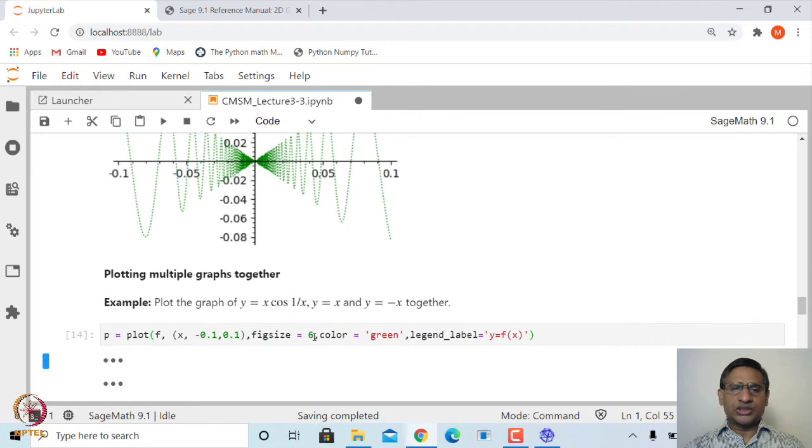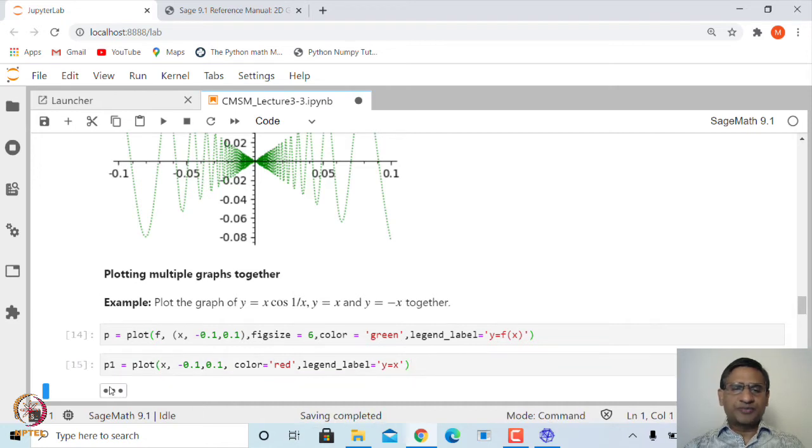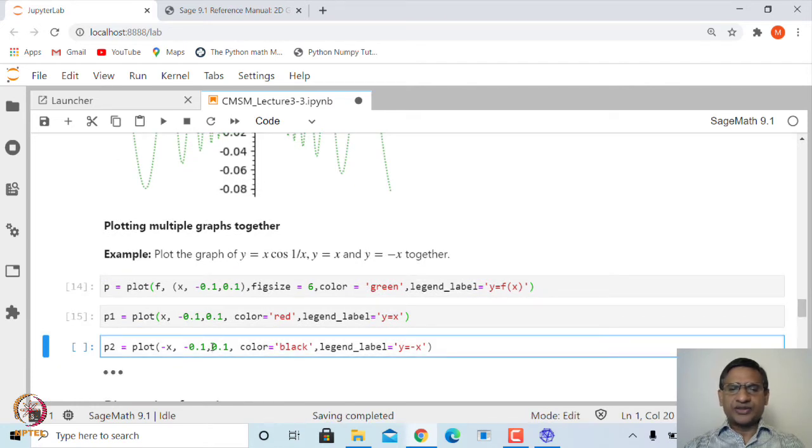So, let us store the graph of the function f x in P, and then let us plot graph of x. This function is x, and this is in red color, and label is y equal to x, that is in P1, and then in P2 let us plot graph of y equal to minus x, and this in black color, and the legend is y equal to minus x.